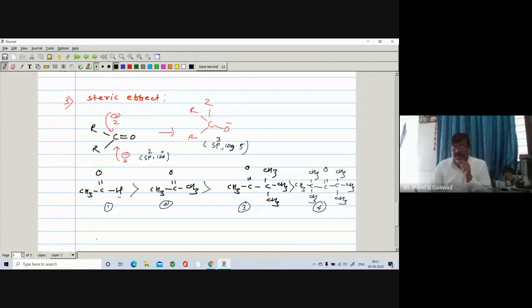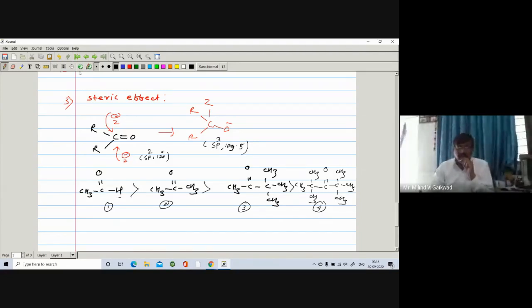A question to mark, they may ask what are the factors which affect the reactivity of a carbonyl compound. Number one, inductive effect. Number two, resonance effect, and number three, steric effect. You just have to write down the factors. Similarly, separately they may also ask how the inductive effect, the resonance effect, or the steric effect affects the reactivity. You can take an example in general or in particular, and write the example or explanation. So here we have seen the factors which affect the reactivity of a carbonyl compound, right?